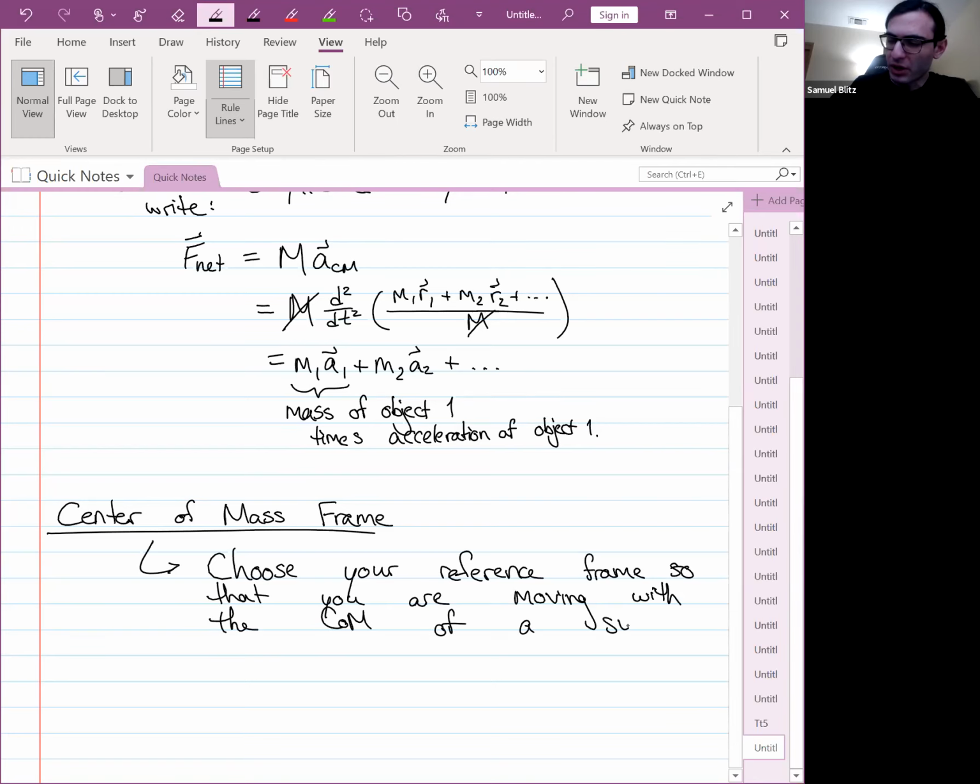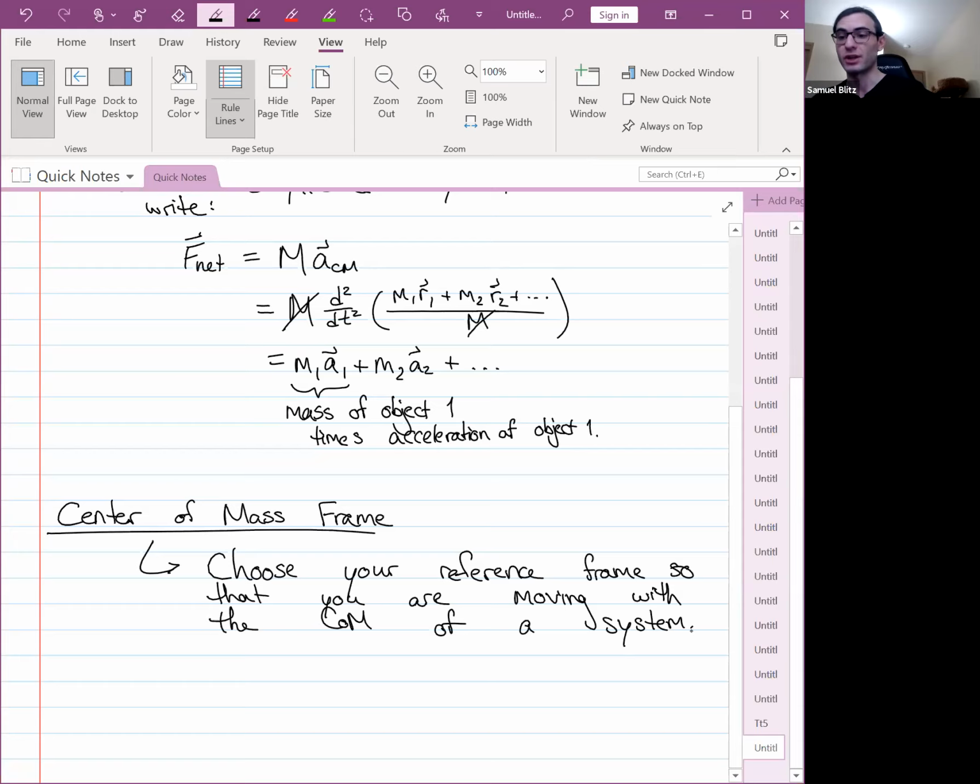So this can be useful because when you are in the center of mass frame, the center of mass is stationary, right? Just like how from Anna's perspective, Anna is stationary. This is when Anna was walking on a train. So from the center of mass frame, the center of mass is stationary. And if the center of mass is stationary, that means that the center of mass momentum in that frame, or the momentum of the center of mass, is 0. And so you can use that fact that the center of mass momentum is 0 in that reference frame to